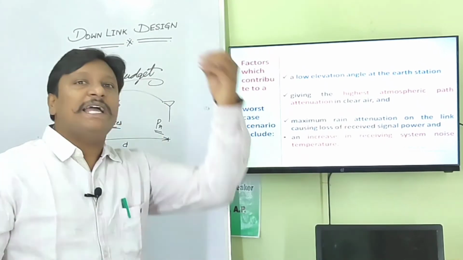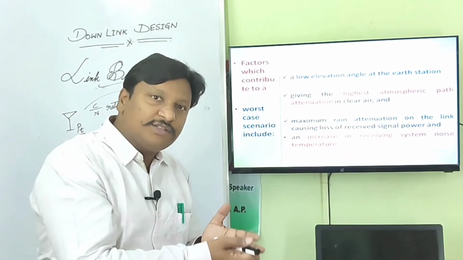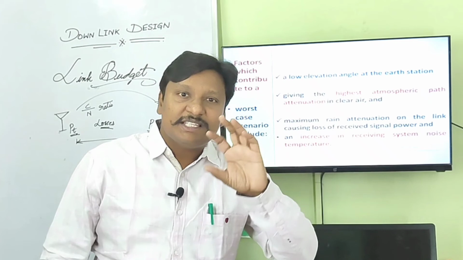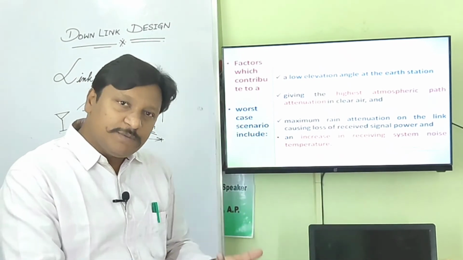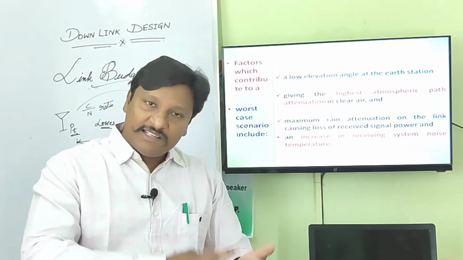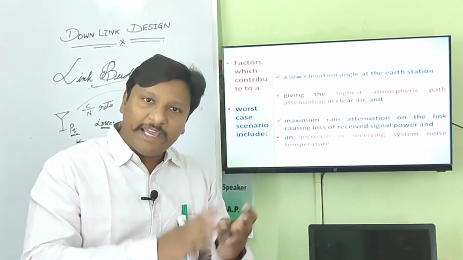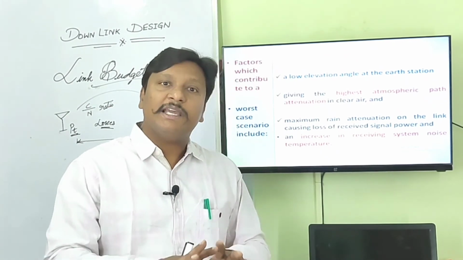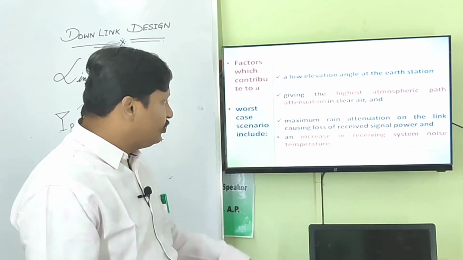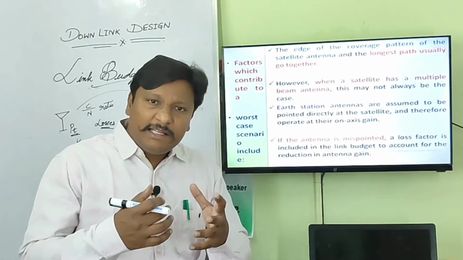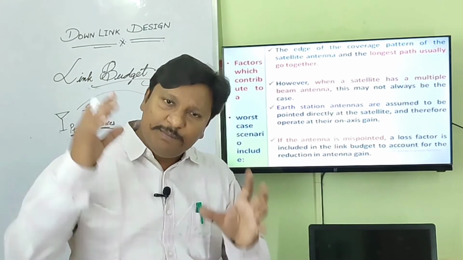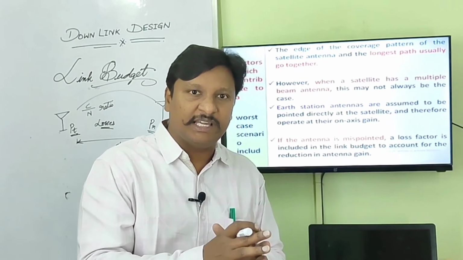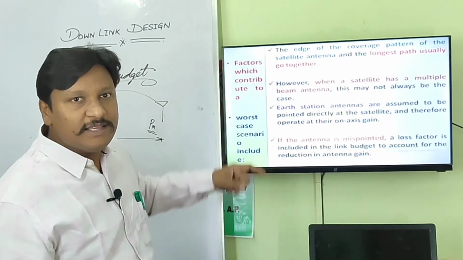Next, the lowest elevation angle. What is the elevation angle from the earth station to the satellite is the important thing. And next one, the amount of attenuation that is experienced, maybe atmospheric attenuation, transmitter attenuation, receiver attenuation, path loss attenuation, rain attenuation, and many others, all different types of attenuations in clear air and in heavy rain categories. We have to consider both. Next one, either a single beam antenna is used to transmit the signal, or a multi-beam antenna or a spot beam antenna, depending on the type of antennas used here. It will influence the carrier to noise ratio calculations.